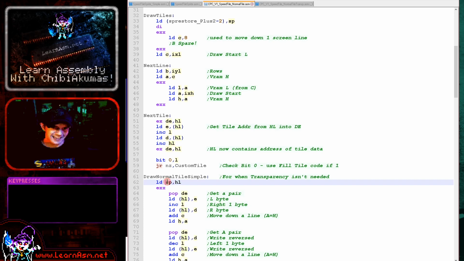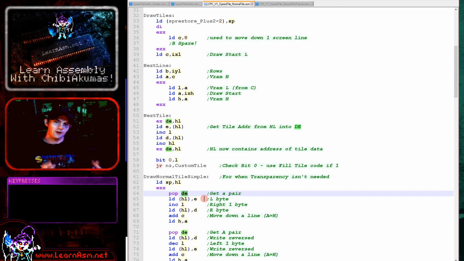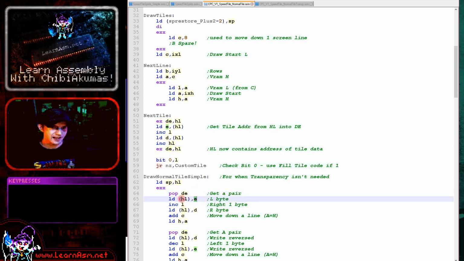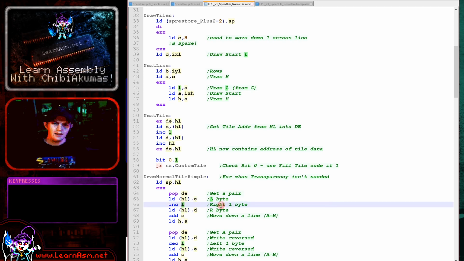We're loading the stack pointer with HL, and then we're popping the bitmap data out of the bitmap. So that's why we're using pop to fast read the data, and we're getting effectively one full line with each pop. So what we're doing here is we're putting DE onto the screen, increasing L. Now I've effectively set the screen to 256 by 192, the Spectrum screen style. This is a lot faster because the normal screen is not byte aligned, but the Spectrum style screen is,